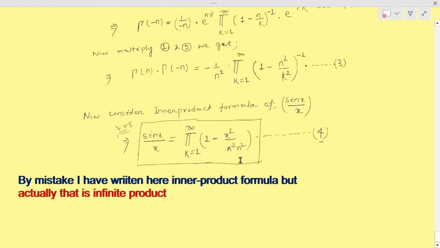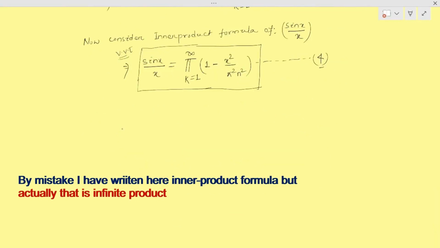Here I am going to prove this one, sin x by x, or the so-called infinite product formula of sin x by x, is equal to this much. How is it? To prove this one, sin x by x equal to this much, consider